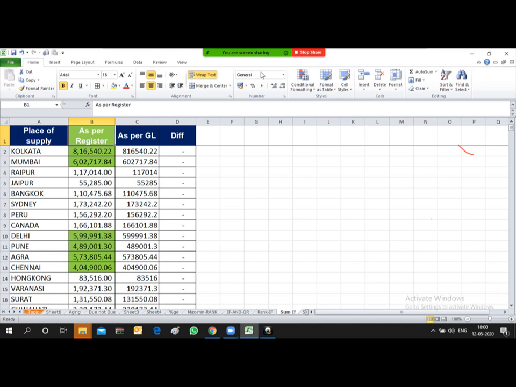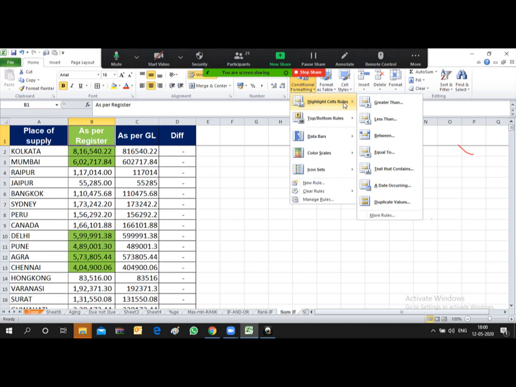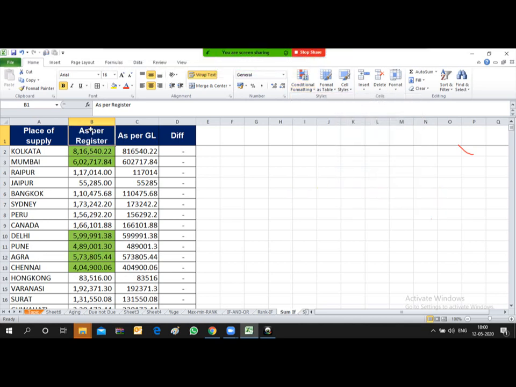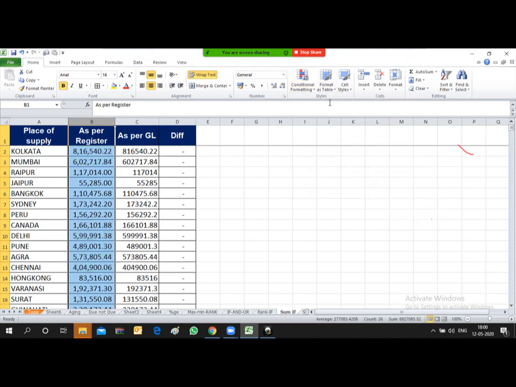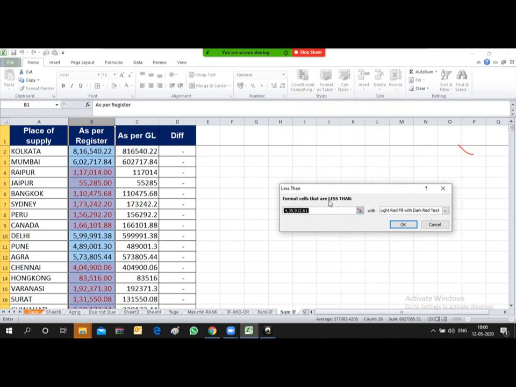So again, let's come to a different option. Let's clear the rule first. Now go to highlight sales with less than, say less than 1 lakh, with a different color, say maybe deep red.